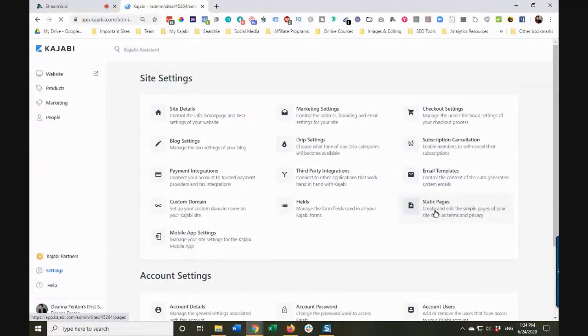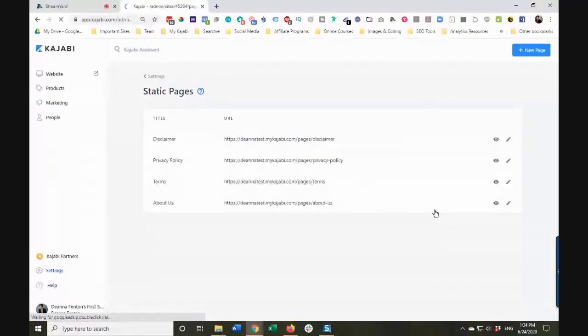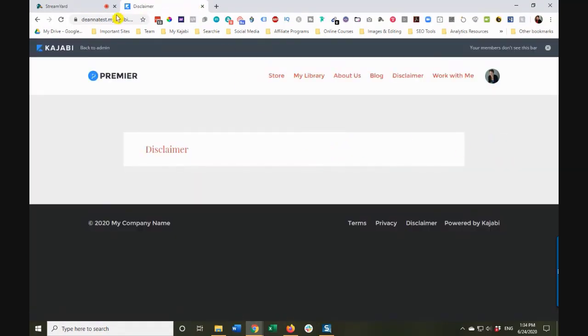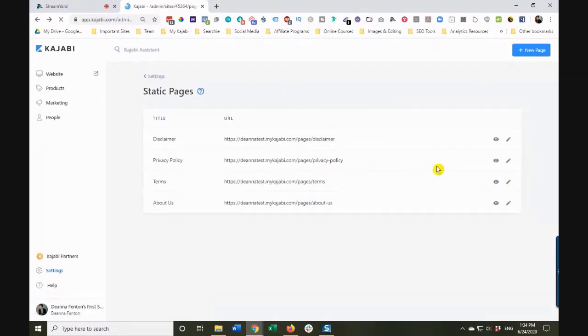And then static pages. Oh my gosh, I cannot stress how important this is. In Kajabi, there are several places where you will see the term pages, and you may think that's your landing pages or website pages that you've created or anything of that nature. Static pages are going to look something like that. Actually, that's probably not a good example. Let's go back. Let's try the privacy policy.